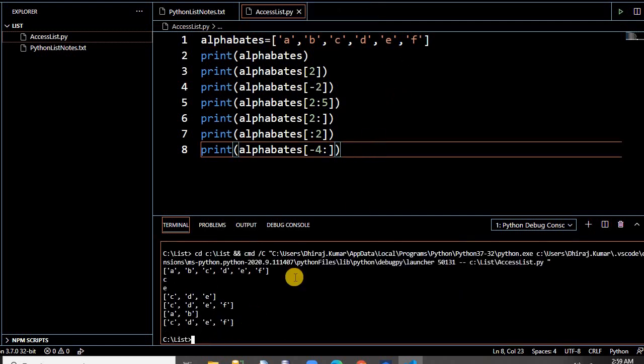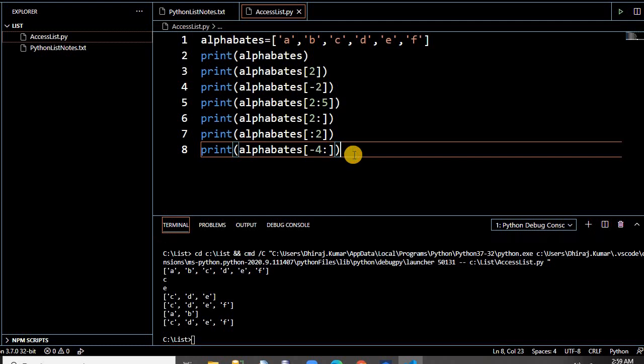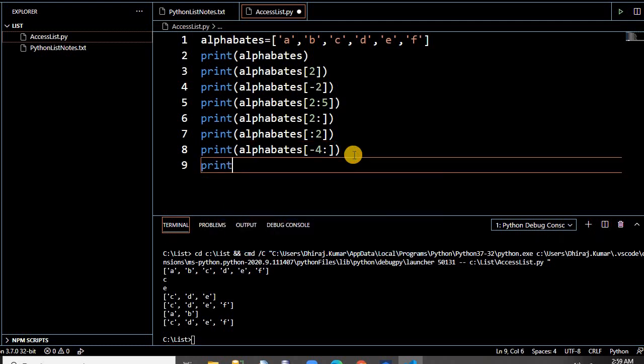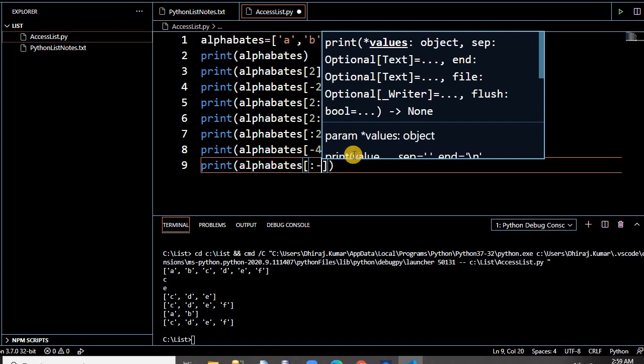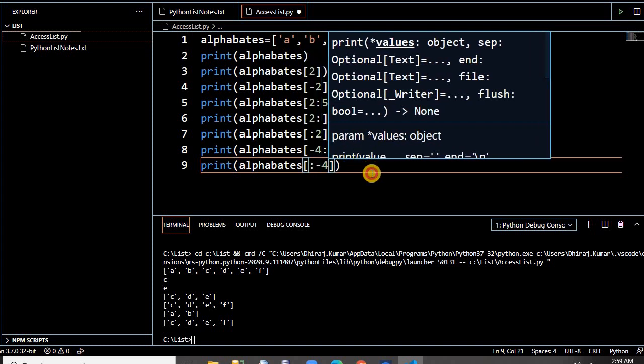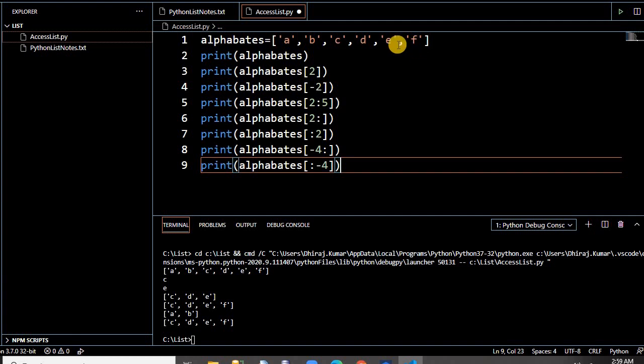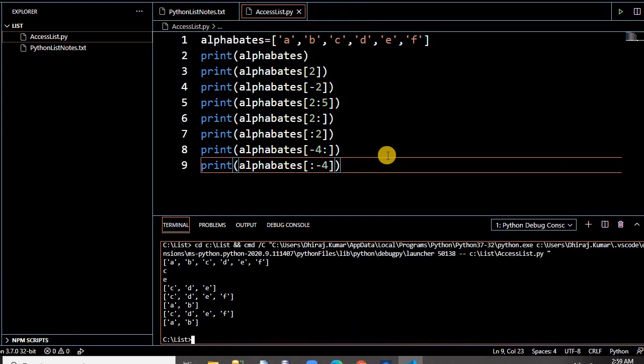See here, C, D, E, F. But if you write something like print alphabet and keep the previous one blank, it will return A, B, and C. See here. Why? Because it's running from the beginning.